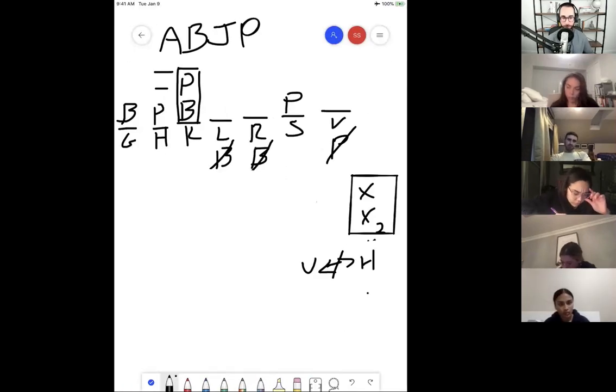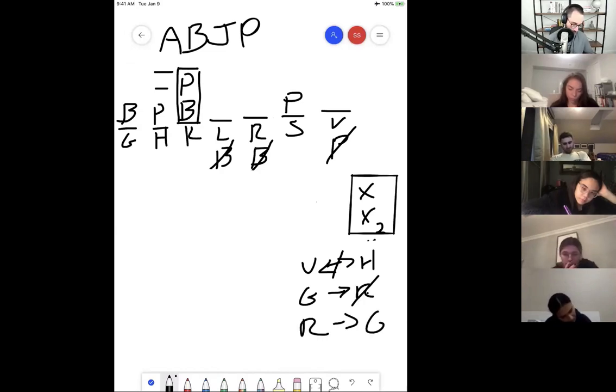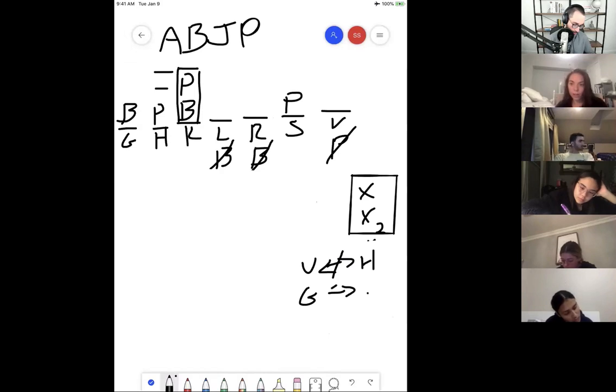Separately, next rule, same thing. G and R are mutually exclusive. If G has something, then R does not. If R has something, then G does not. Represented concisely, we can again say double not arrow. G and R cannot have the same students.